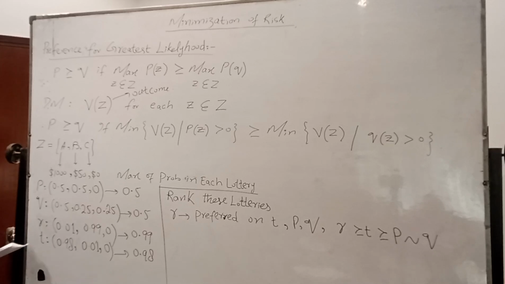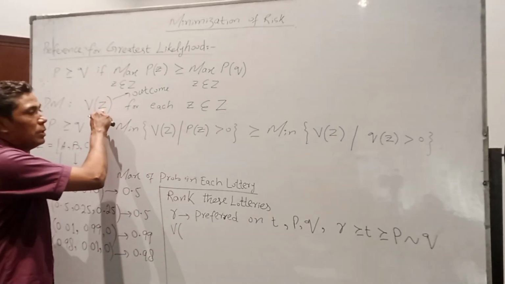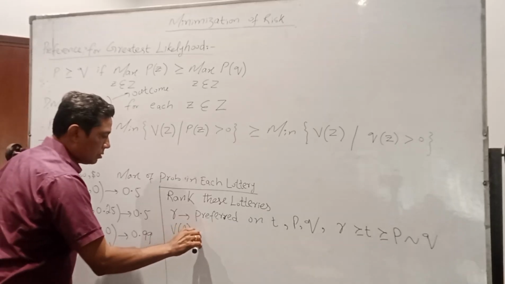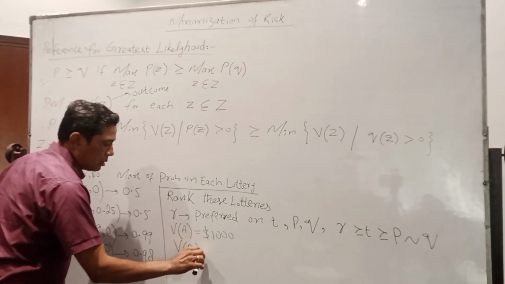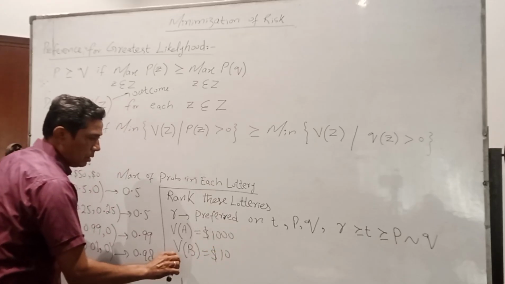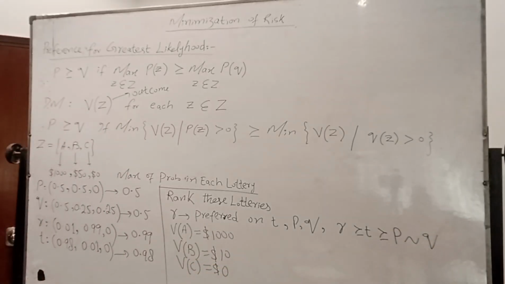So now next, the decision maker, and we can write here V of A, that is actually this one. Okay? V of A is $1,000, and V of B is $100, and similarly V of C is $0. Okay. So in the second scenario,